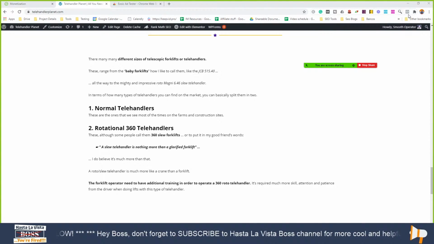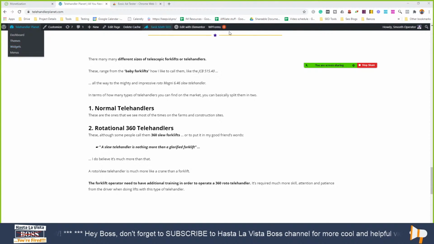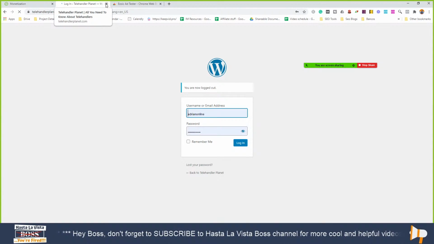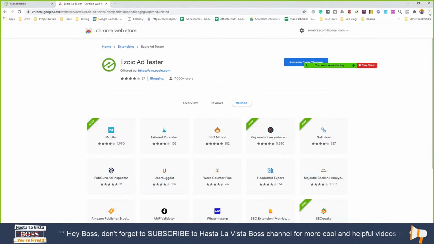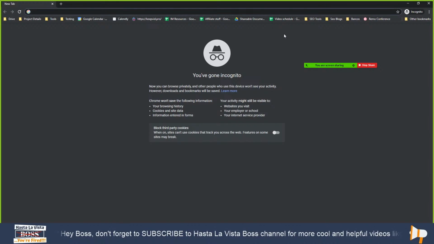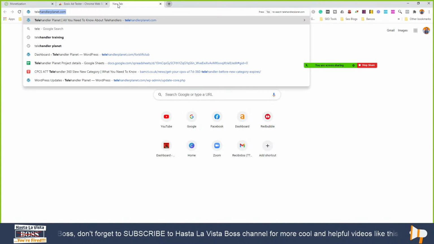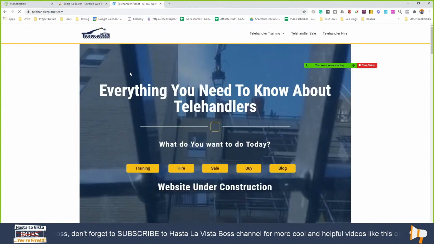Or if you can just sign out of WordPress, it'll work. Okay. Let me sign out. Oh no, you don't need to go in incognito if you've signed out. Gotcha. Perfect, so let's just open it here. This way we can use the Chrome extension.